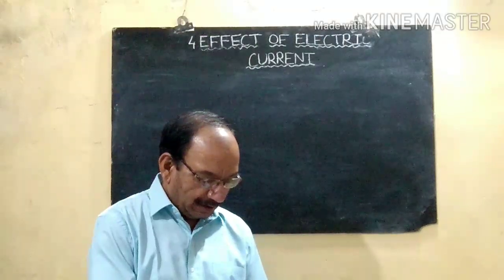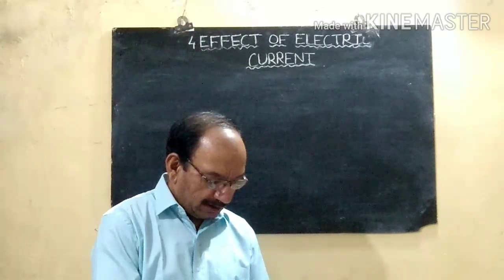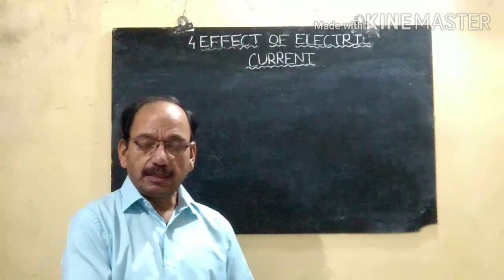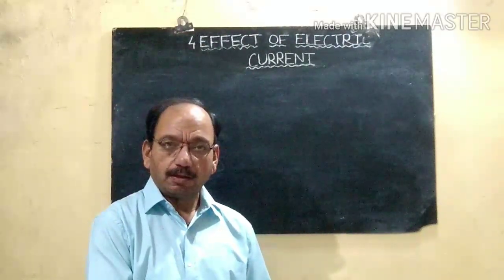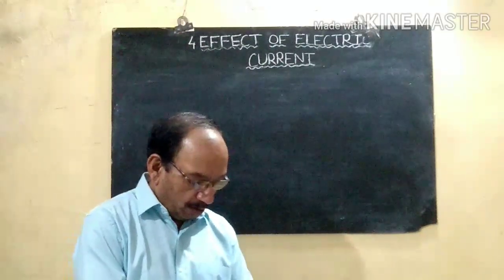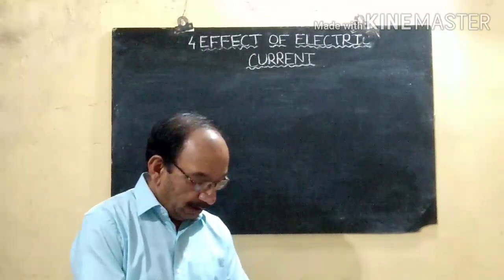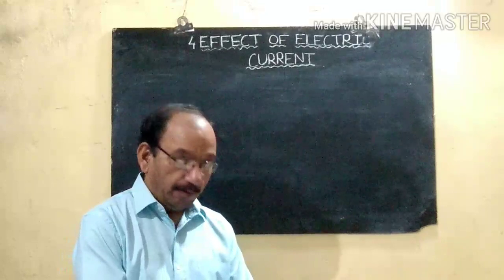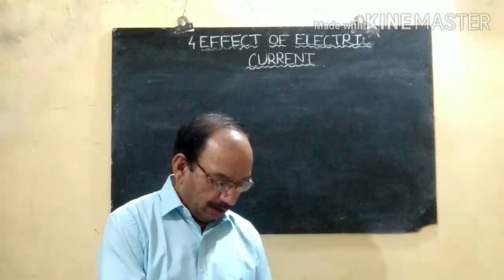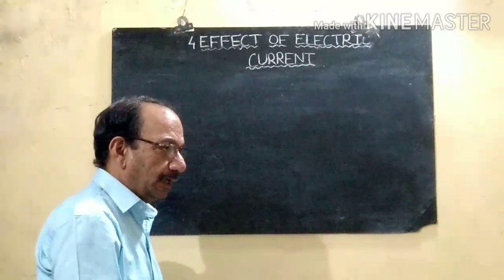But if an electrical conductor is moving in a magnetic field, or the magnetic field around a stationary conductor is changing, what will happen? About this, Michael Faraday performed a number of experiments in order to find the answer to this question. In the year 1831, Faraday showed that an electrical current can be produced in a conductor with the help of a moving magnet. How can we produce electricity?